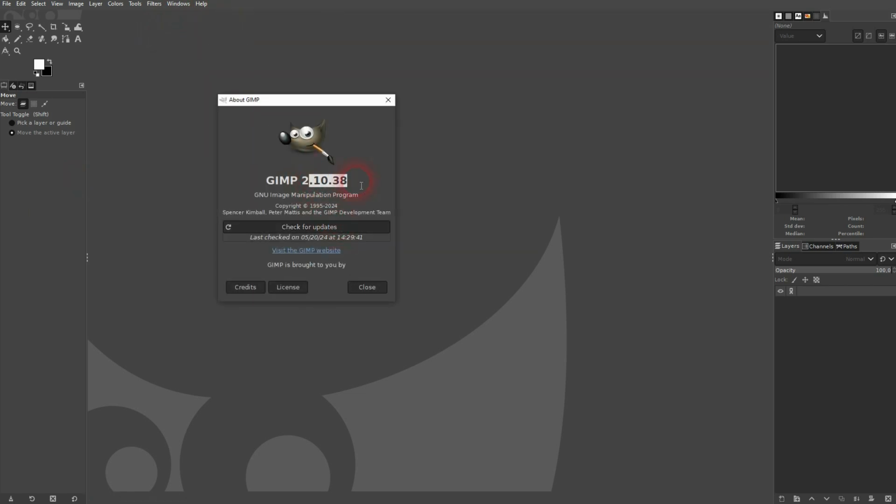If you've got Gimp already installed, check under Help, About Gimp what version it is. You may have to update it, so check for updates. But usually nothing really changes on the front end, so the layout and stuff like this looks the same for most versions. So you can even follow along with older versions, and usually you can also go along with newer versions as they don't change much about the layout. And when there is a giant update somewhere in the future on Gimp, I'm going to make a new course